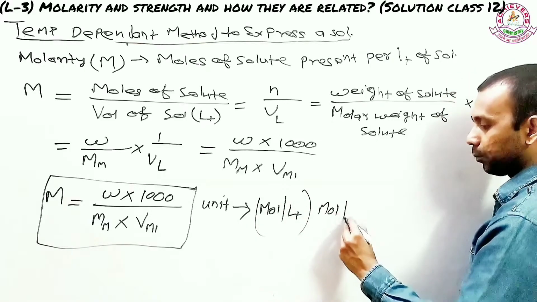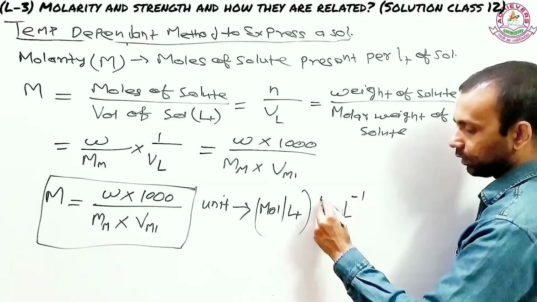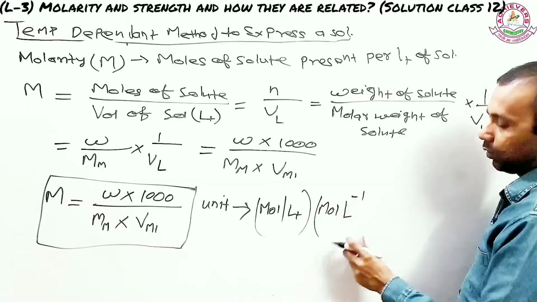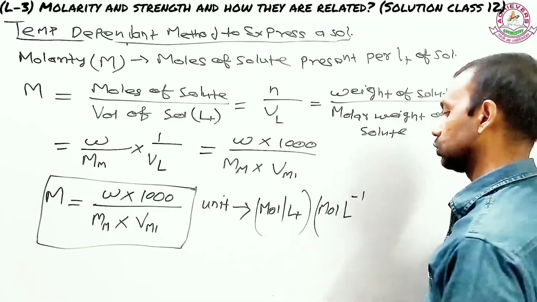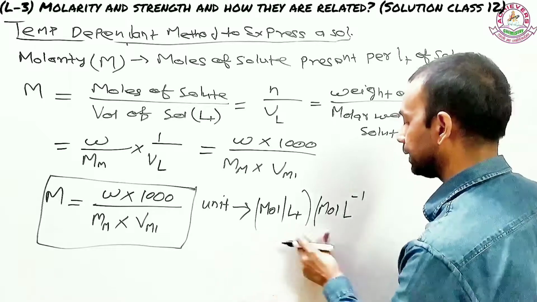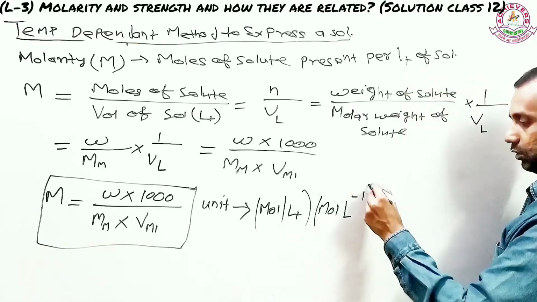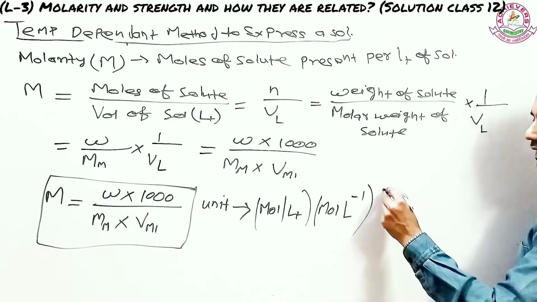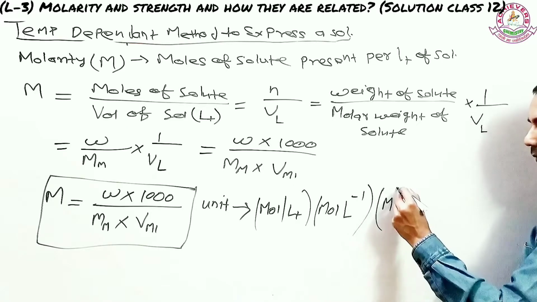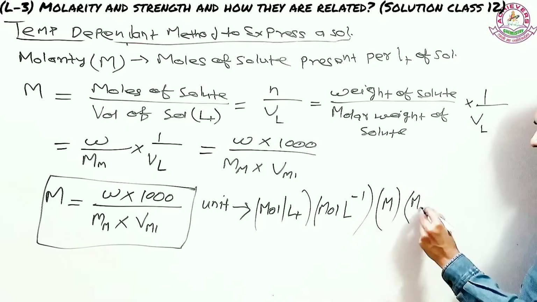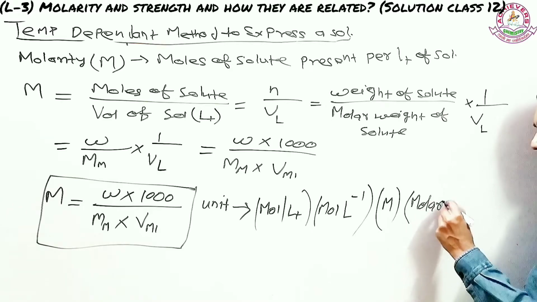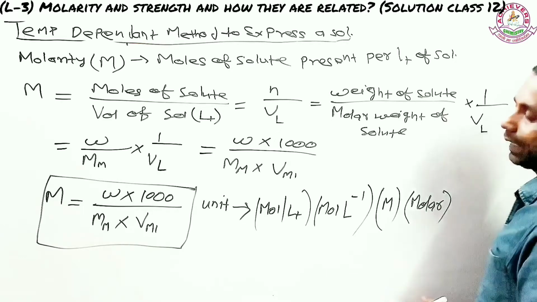I'm doing this because there are so many students who have problems even with simple things. So those who understand, don't get irritated that I'm doing some meaningless thing. So you can also express the unit by only writing M, but sometimes you may also find it written as molar. So molar may also be a way to write the unit.